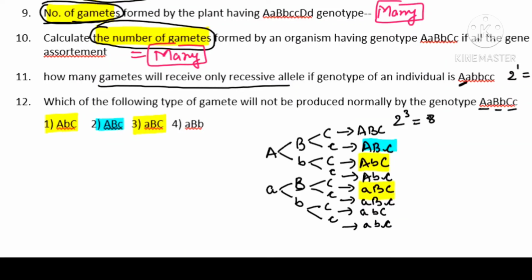But small a, capital B, small b. Check carefully, small a is coming in the last four. You have to focus here only. And capital B, small b is not possible. It should be small c or it should be capital C. So I hope you have understood which is your right answer, which cannot be produced. They will not be able to produce which one? Fourth option. So I hope this practice session on gamete formation might be clear to you.